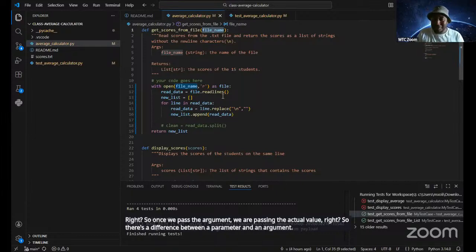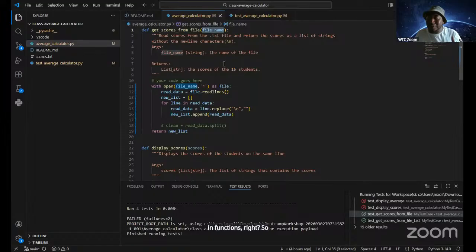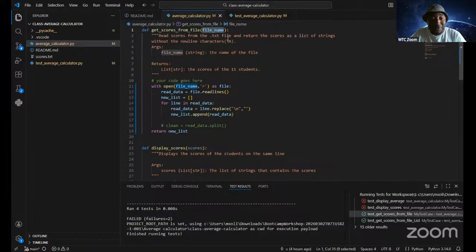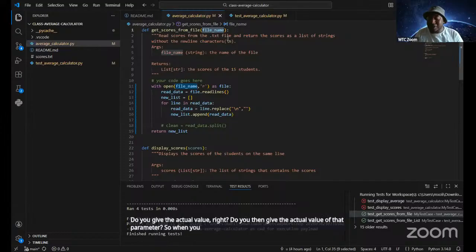A parameter is the name you give to a variable that will be passed into your function in future. When you call the function, only then do you give the actual value of that parameter, and that value is called an argument. You're passing an argument to the function.